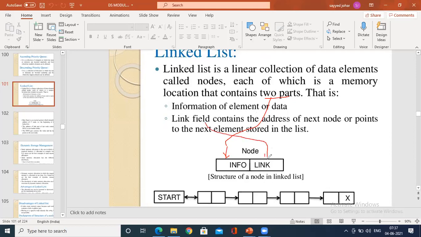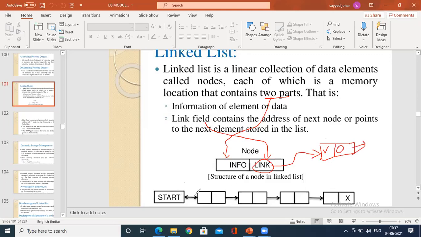What is the link field? It contains the address of the next node or points to the next element stored in the list. That is, it stores the address of which link it should transfer to another node. Again, we have a linked list. So what is this? This contains value. This contains the address of another.